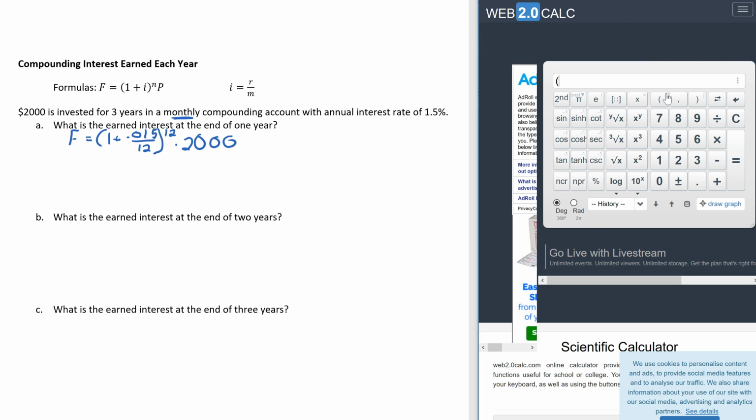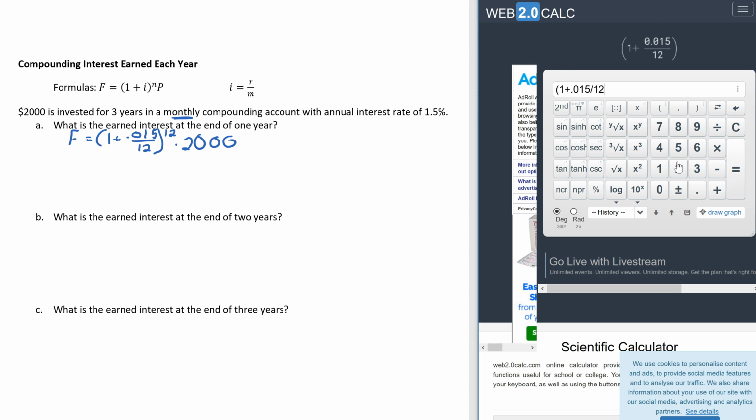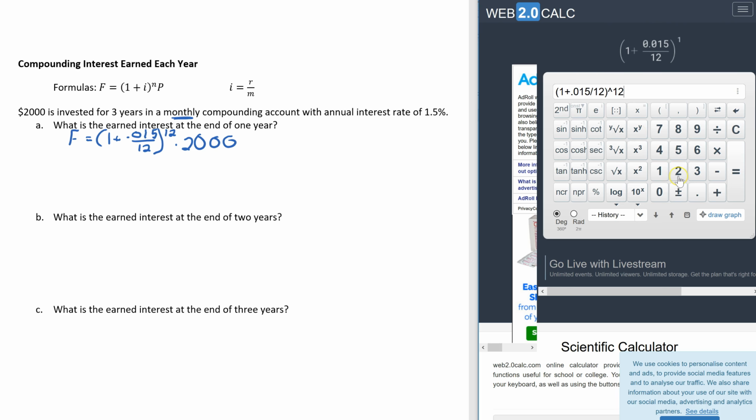If we use technology like a Web 2.0 calculator, the way that I would type this in is I would begin with a grouping symbol. I use the X to the Y button, and I multiply this by 2,000. You'll notice up above that the equation is typing in and translating into what I had written. So if I hit equals,